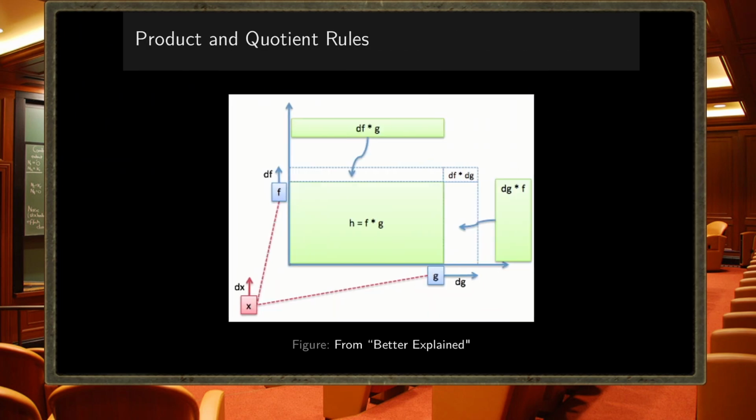What I do want to give you is the reason why. And so I love this visual. This is from Better Explained, which is a great website. And this explains the logic behind the product rule with a graphic using area, right? So if you denote the product of f and g as like a length times width